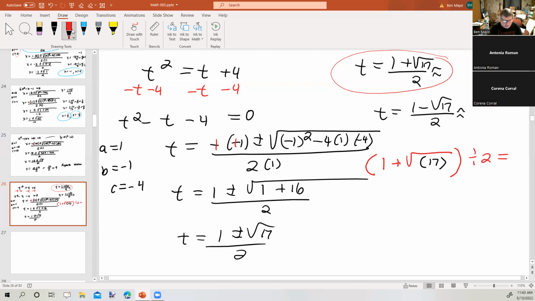Okay, so again, I've got a set of parentheses. The ones in red are around the entire numerator. The smaller set in black is the radicand. But I need that set around the whole thing so that I'm dividing all of it by 2. All right, so on the calculator, left parentheses 1 plus square root of 17, close up the radical, put a second parenthesis to close up the whole thing, divided by 2 equals, and I get